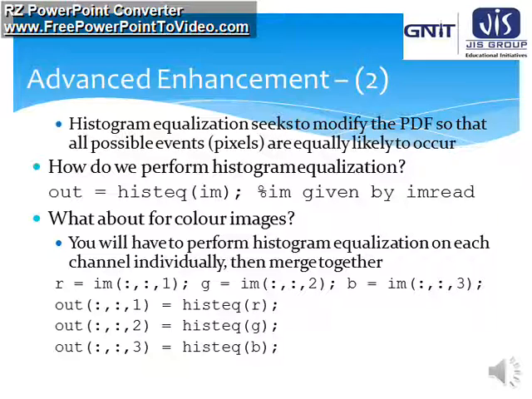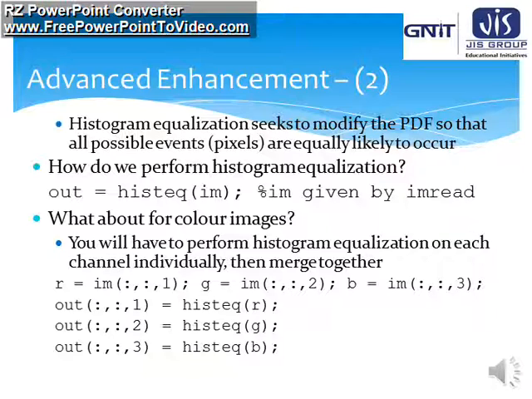What about color images? We will have to perform histogram equalization on each channel, that means red, green, blue, individually, then merge them together to have the complete histogram for that color image. R equals im(:,:,1), G equals im(:,:,2), and B equals im(:,:,3). So these are the three channels for red, green and blue.